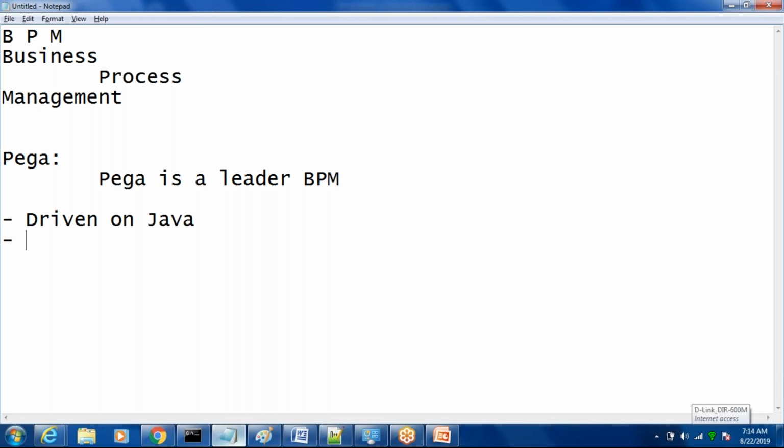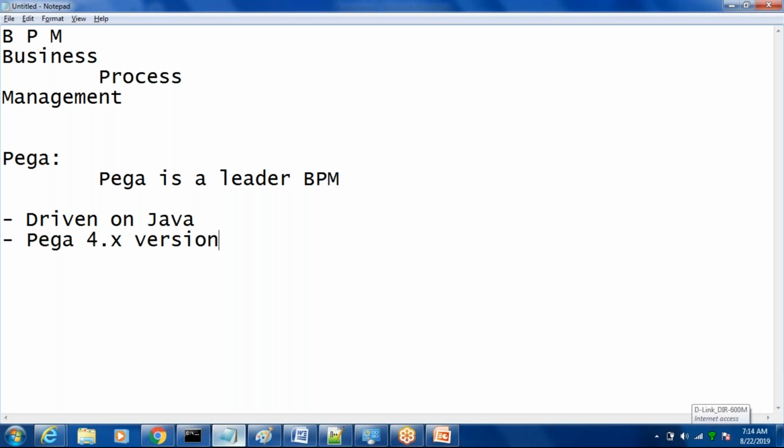Okay, so Pega started its operations with the 4.x version, but very minimal applications were developed during 4.x.